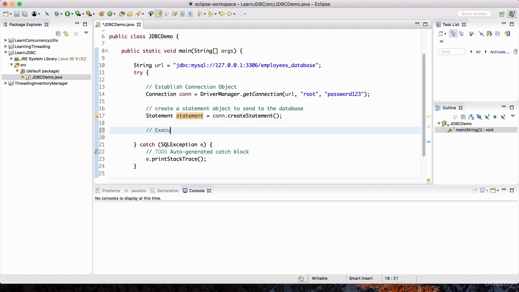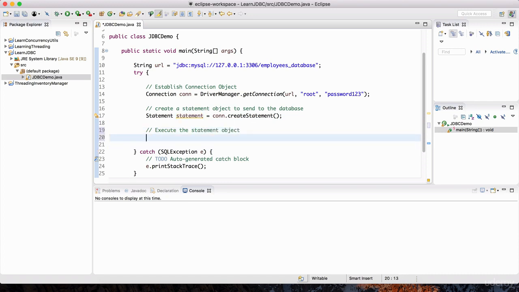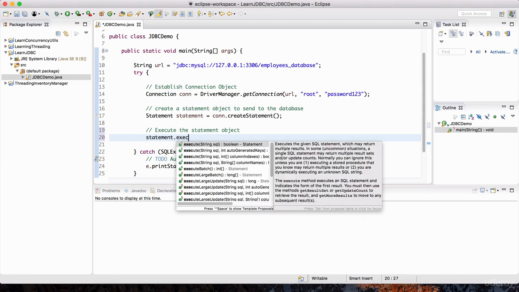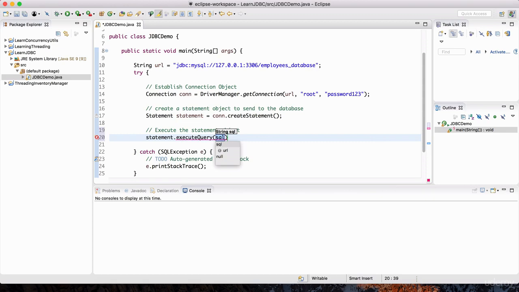Execute the statement object. And we can't just execute it the way we have it here. This is just a blank statement. So we need to populate it with a particular query or some kind of an operation to tell the database what to do. So for that, we could do statement dot execute, and there's an option for query. So we're going to query the database for some data, and we provide that SQL statement in here, all right,